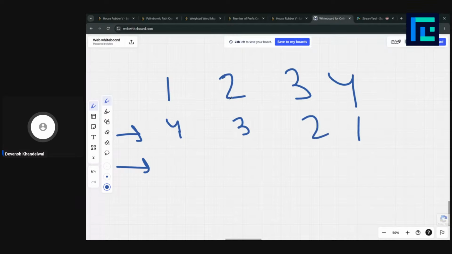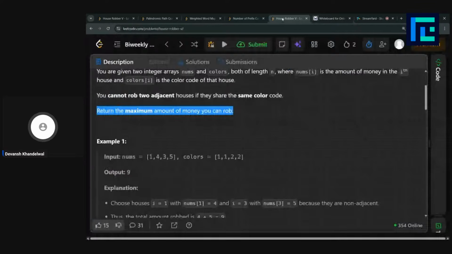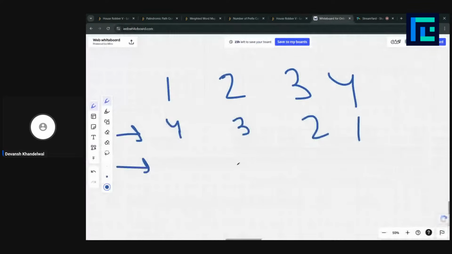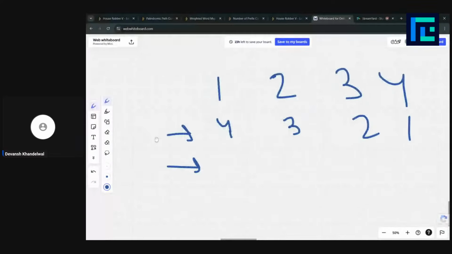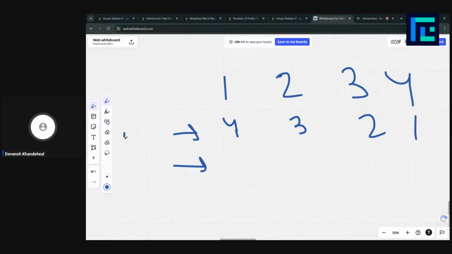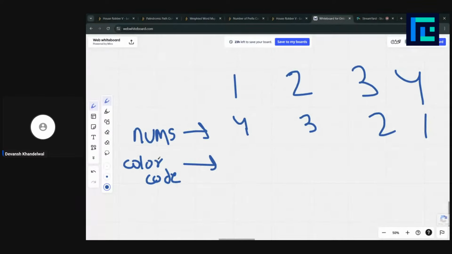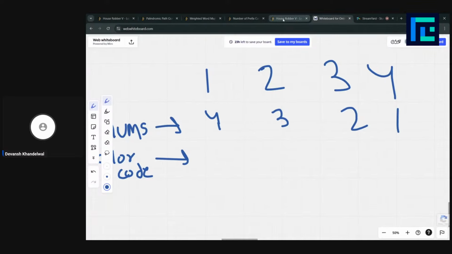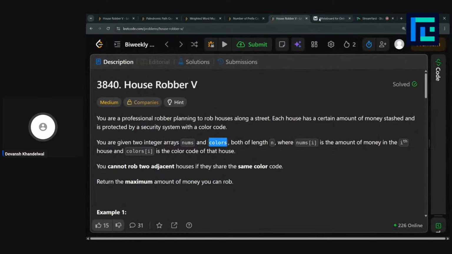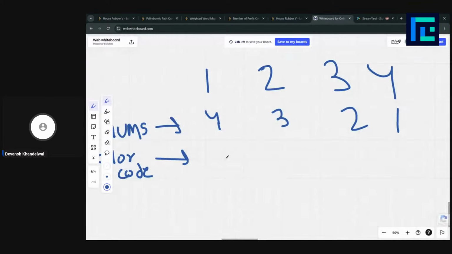Let's say these are the number of coins, the amount of money the house has, given by the integer array nums. We are also given a color code for each house, given by the colors array. Let's say this has the color code 1, this also has 1, this has 2, and this has 3.